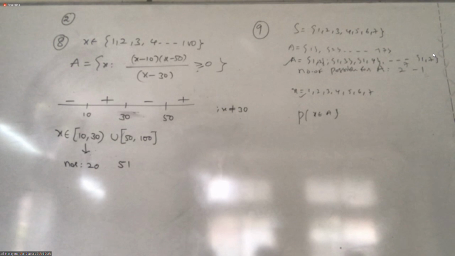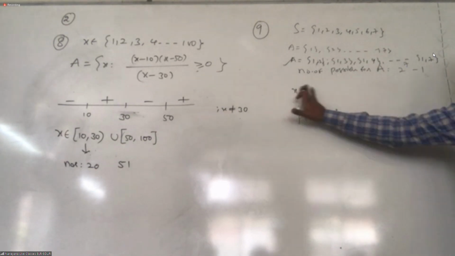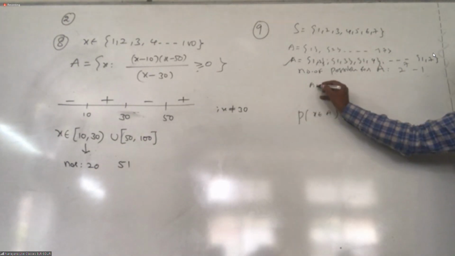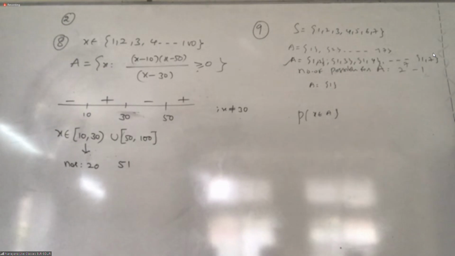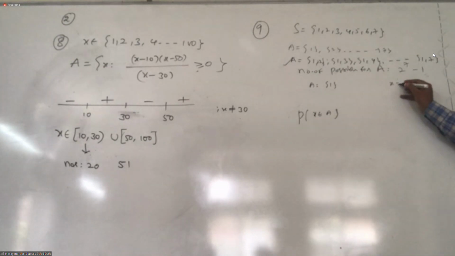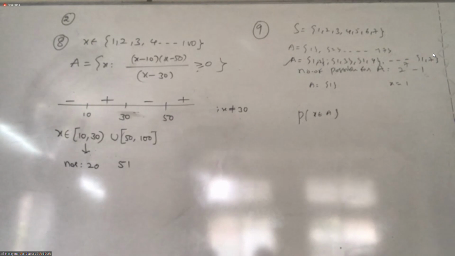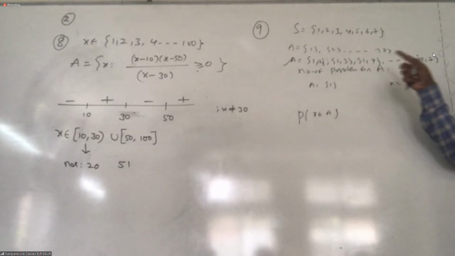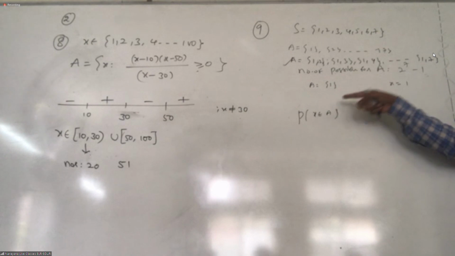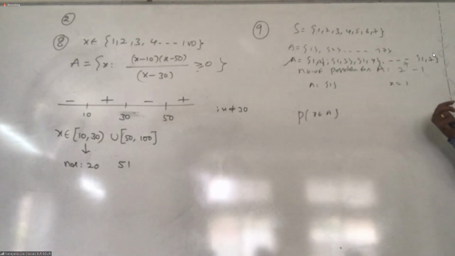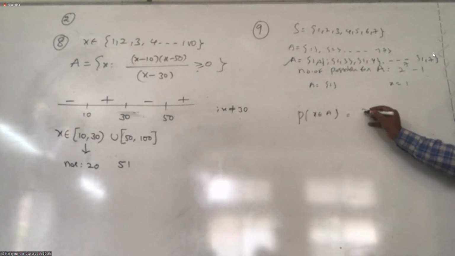Okay, I am doing it case-wise now, students. I am taking only A is 1, A contains only one element, let us take 1. Then I am taking X is also 1. Like that A only 2, X is 2. A only 3, X is 3. A only 4, X also 4. I can choose like that. So with a single element, how many possibilities do I have? 7 possibilities.